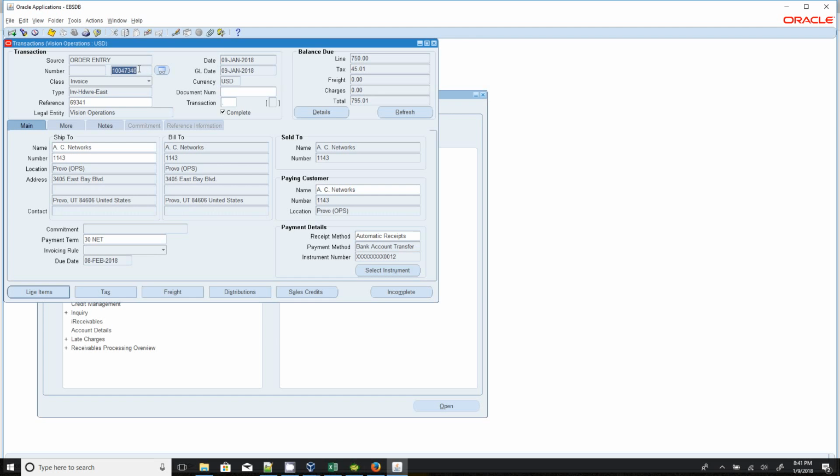This is the invoice number. This invoice is in complete status. Ship to address, correct bill to address, sold to address,